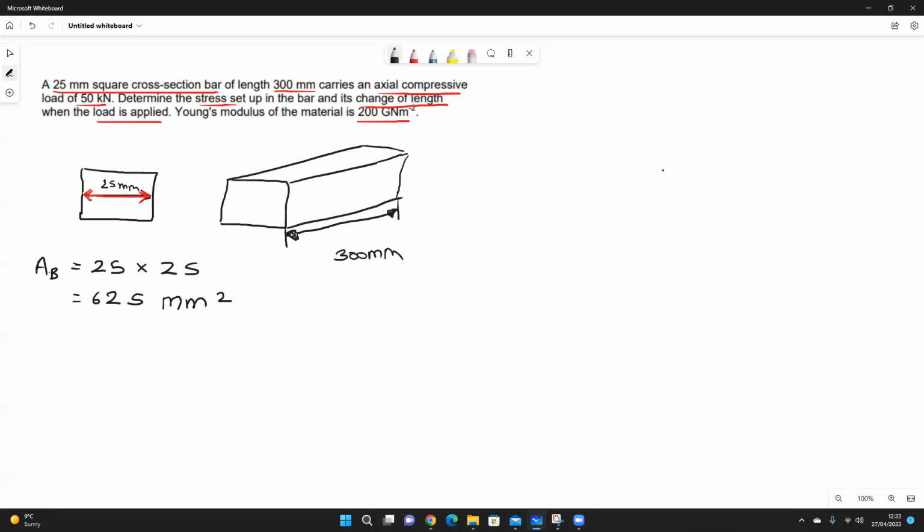The next step is to think about what the question's asking you. Determine the stress set up in the bar. We know to calculate stress, as in our previous videos, stress equals force over area. Now, if we take a look at the question, have we been given a force? Yes. We've been given that axial compressive load, 50 kilonewtons. So if we put that into the formula,